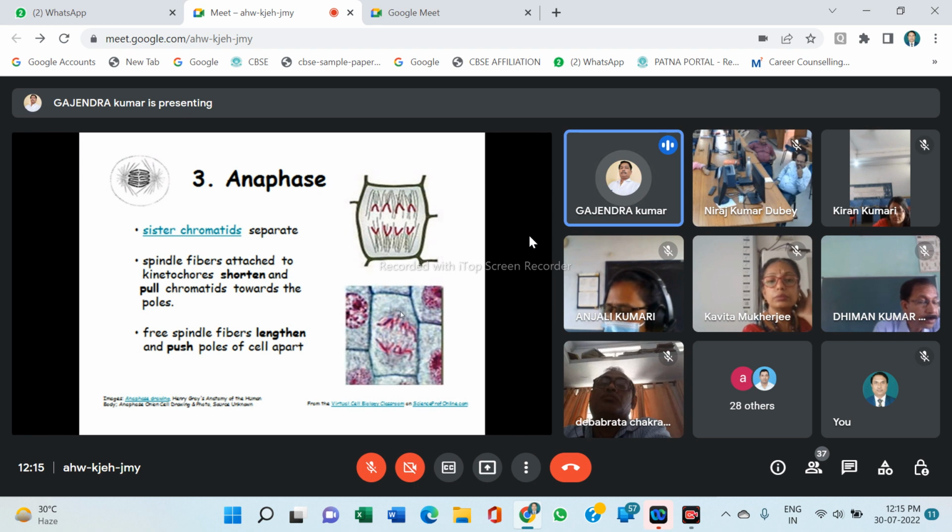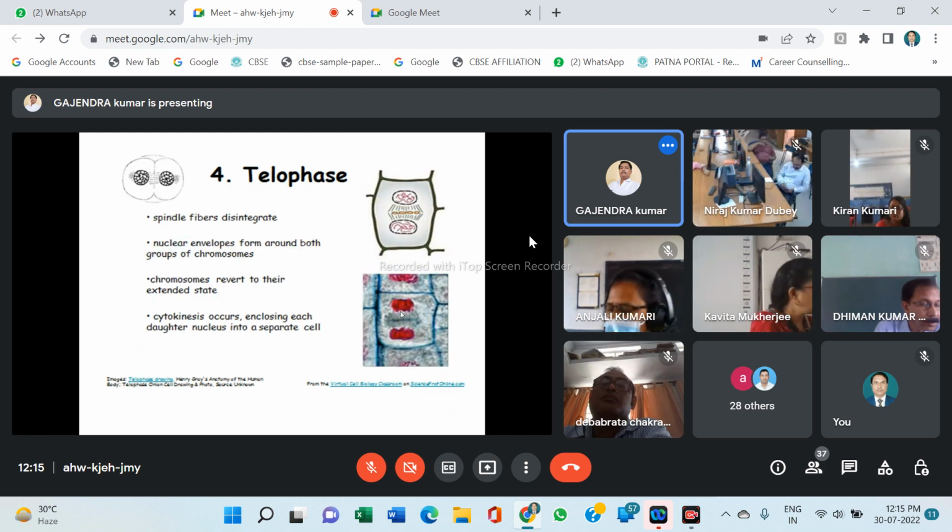Spindle fiber attached to the kinetochores shortens, pulling two chromatids towards the pole. Free spindle fiber lengthens, whose poles move cell apart. Just after anaphase it comes telophase, where spindle fiber disintegrates and nuclear envelope